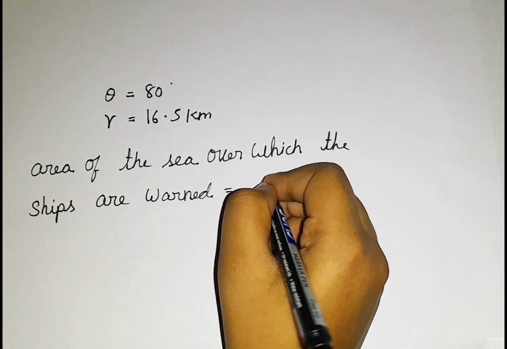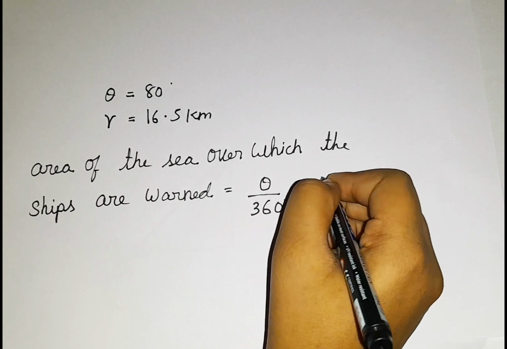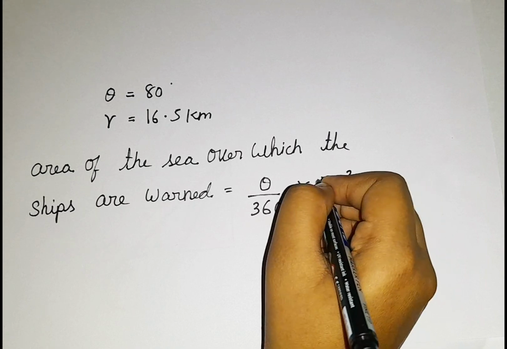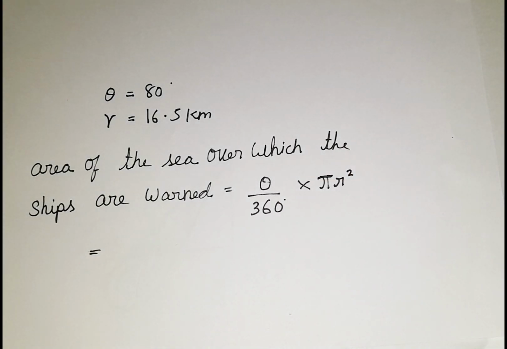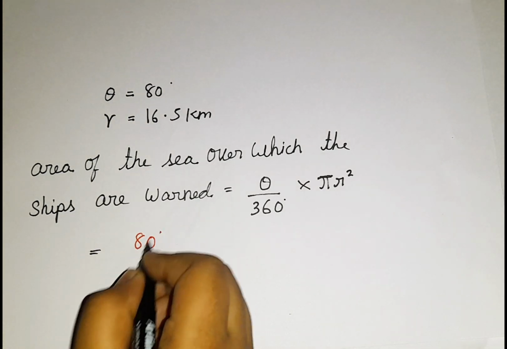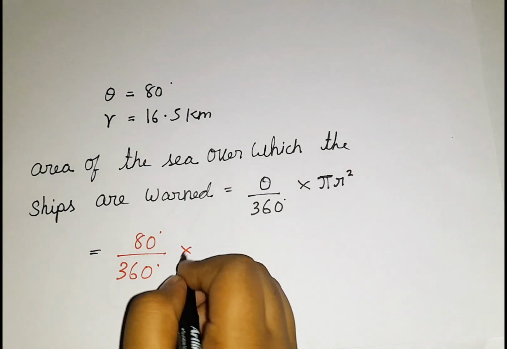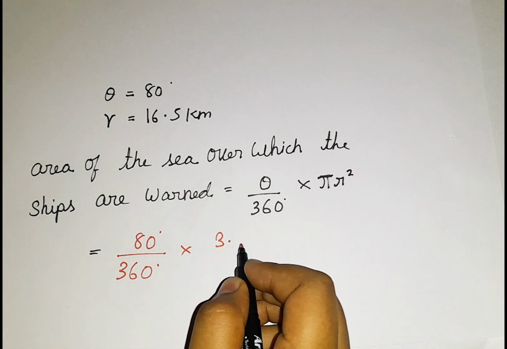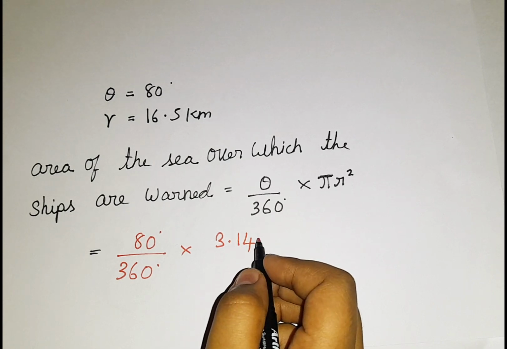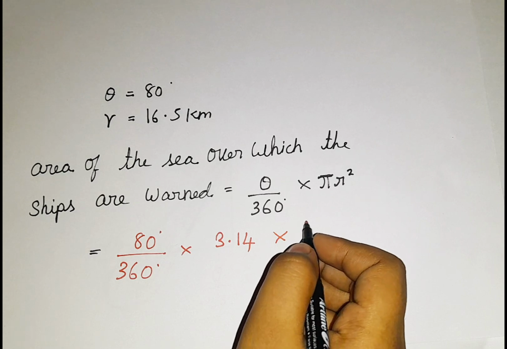Okay guys, so we are supposed to apply theta by 360 degree into pi r square. Okay guys, so now let us solve it. So theta is 80 degree divided by 360 degree into pi, we are supposed to use 3.14, isn't it? So 3.14 into r square, radius is